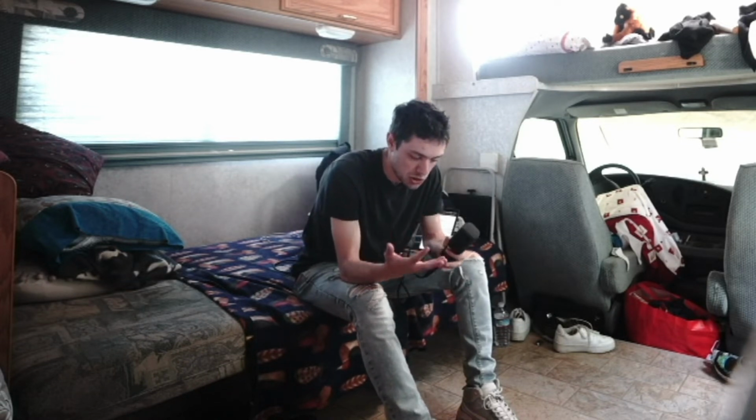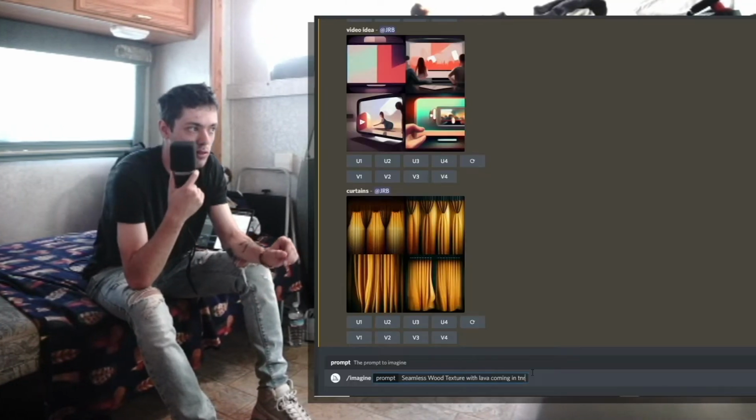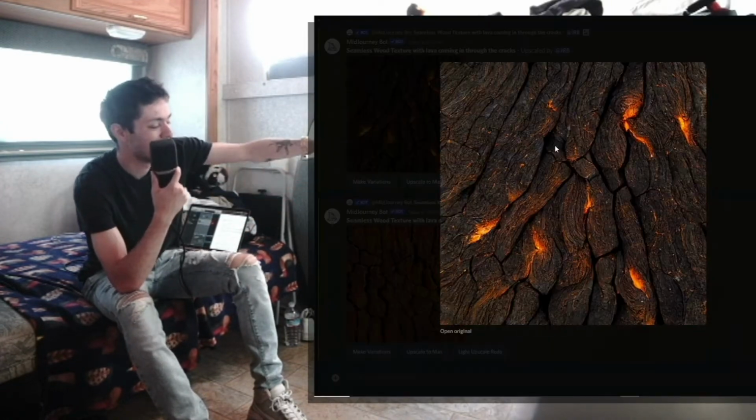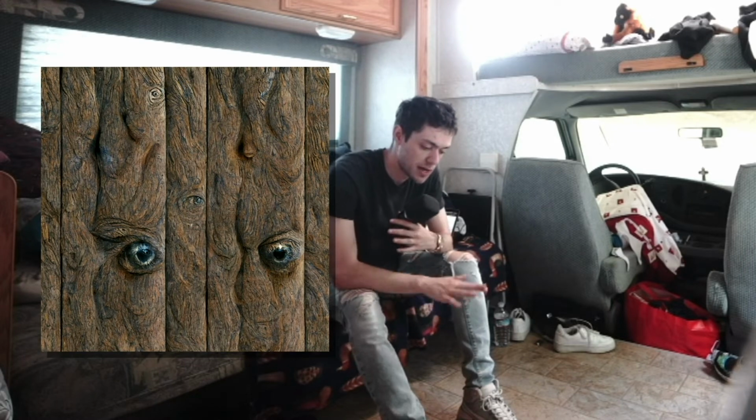This tool in general just gives you the ability to be creative and unique and do things that I don't think a whole lot of people have seen before. For instance, you want a wood texture, but you want it to be a little bit more specific, or a little bit more to your liking. Let's say you want a wood texture with lava cracking in it, or bioluminescence cracked along it, or, something I did, a wood texture with eyes. You can be very creative in how you get these textures, and it will normally give you something. Now you can get very specific about what kind of textures you want to find.